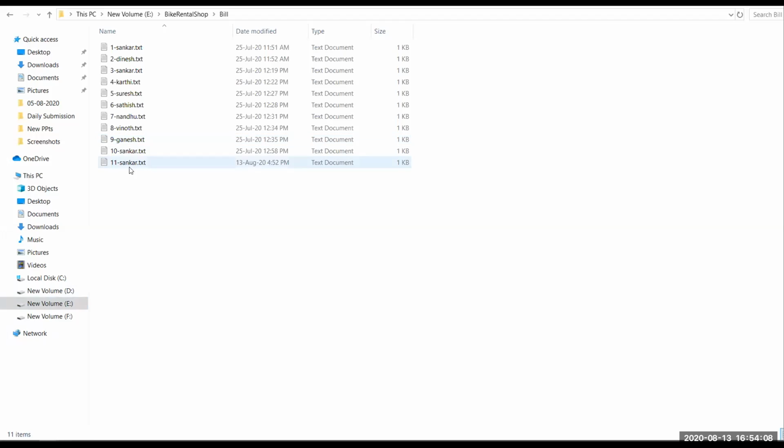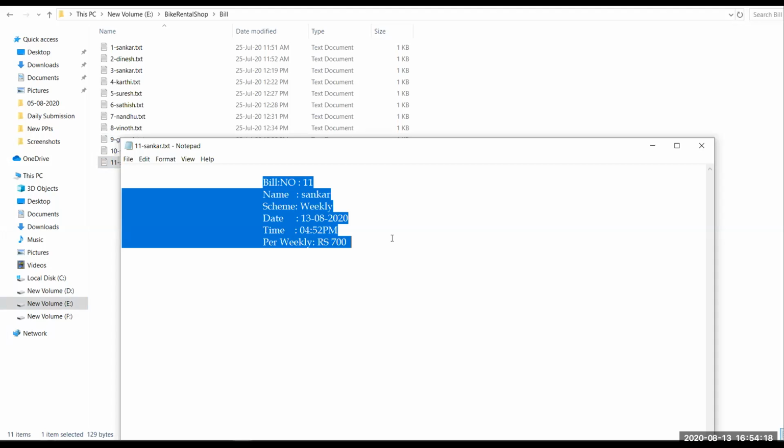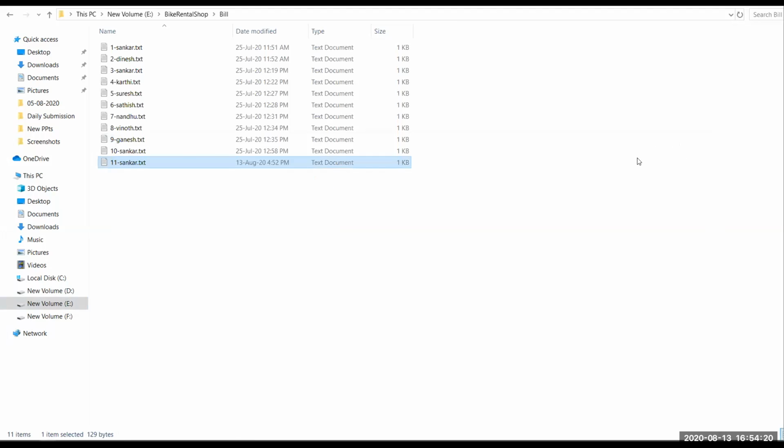You can see 11 Shankar. I'm going to open this. The bill number is 11. So it creates a text bill, and it also stores the bill into your database.